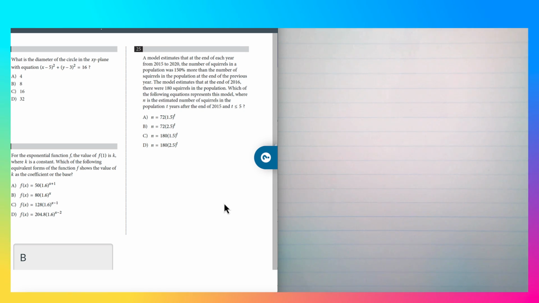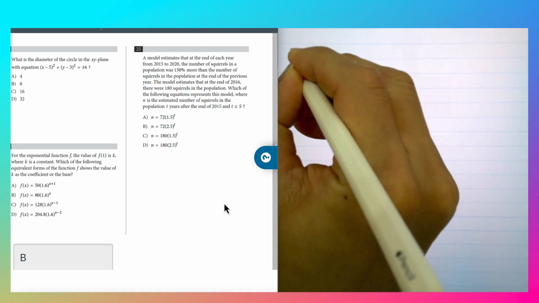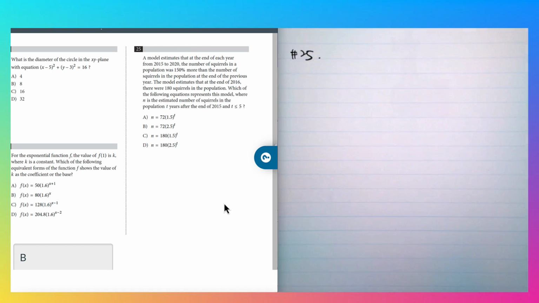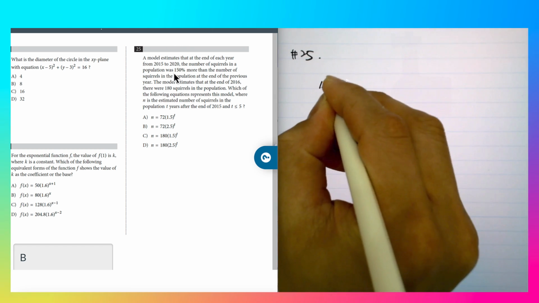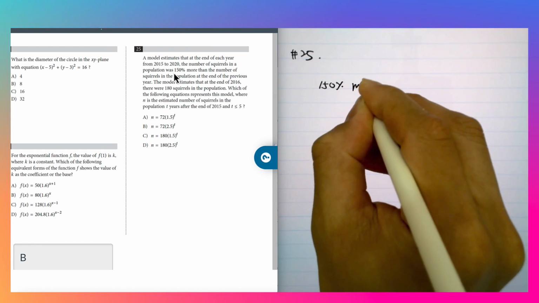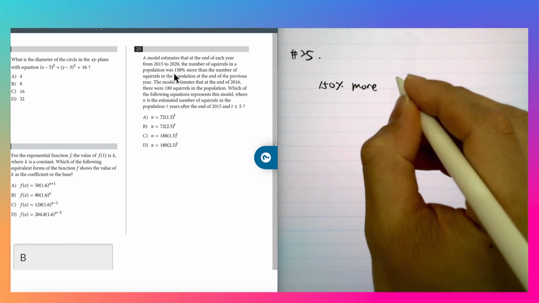Okay, this is from the SAT exam number 1 from College Board, and I'm going to go over module 2 of math, number 25. A model estimates that at the end of each year from 2015 to 2020, the number of squirrels in a population was 150% more than the number of squirrels